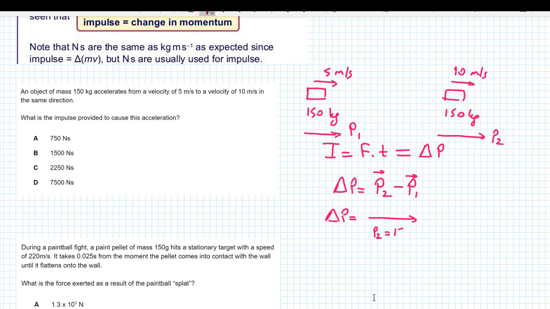P2 equals 150 times 10 equals 1500 kilogram meter per second, minus P1, meaning change the direction of P1 and make it add. Minus P1 equals 150 times 5 equals